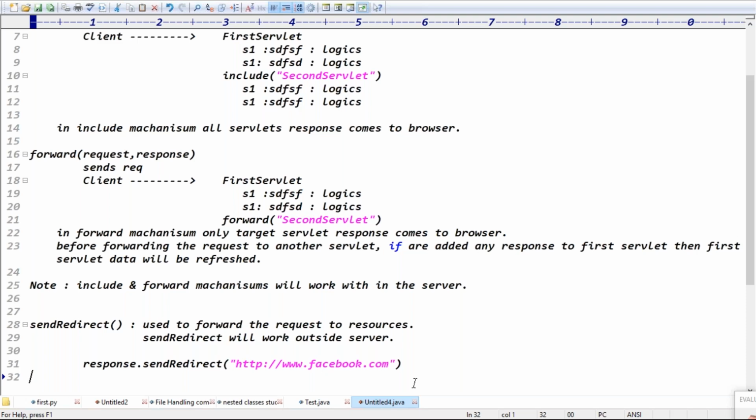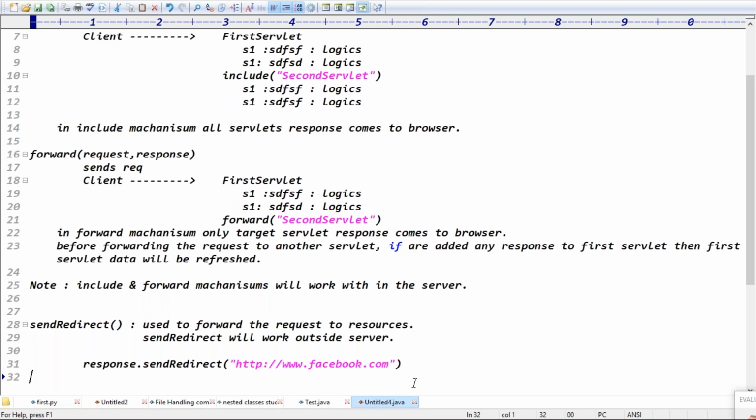What about the forward mechanism? The forward and include mechanisms will work only within the server. It means the request does not come back to the browser again. Rani is sending the request to the first servlet, and I can forward the request to the second servlet. Everything is done at the server side.